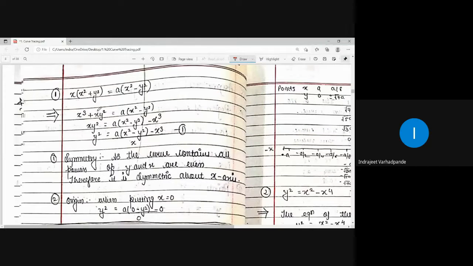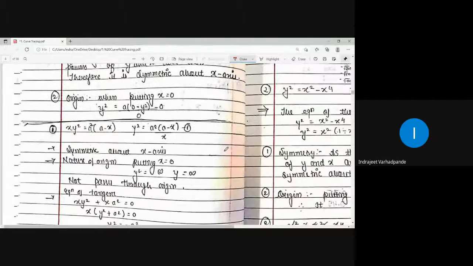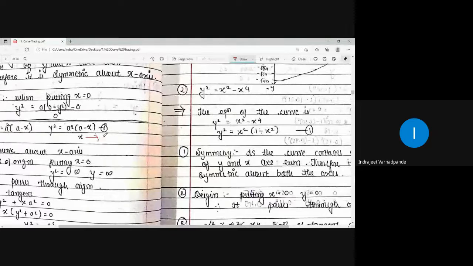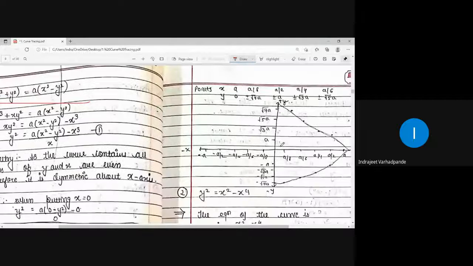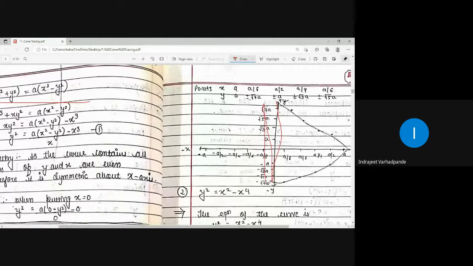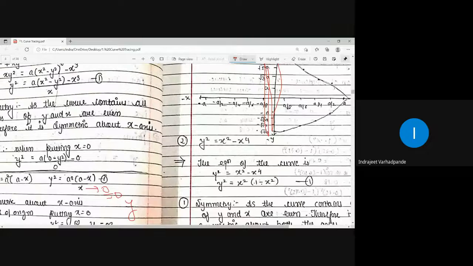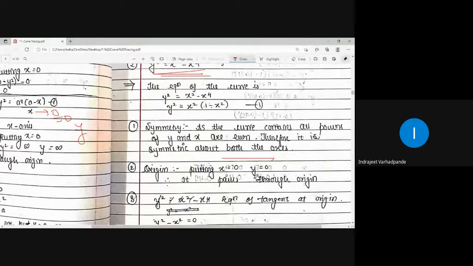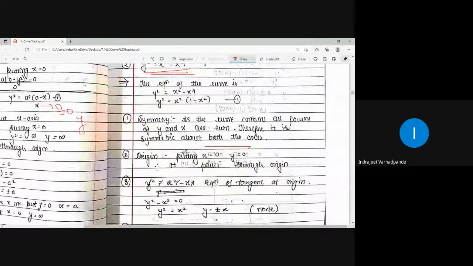So this is again one of the curves which is given by this. Check the symmetry, find out the intercepts and simplify. Accordingly, x tending to 0, when x is equal to 0 means y axis will be the asymptote. So in this case this will be the asymptote where the tangent will meet the curve at infinity. In this all the powers are even, so I can say that it is symmetric about both the axes and simplification can be done appropriately.